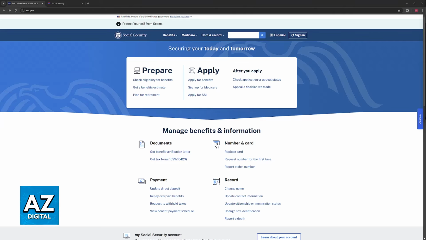Now, as you might imagine, because this contains a lot of personal information, I cannot go over this whole process on screen, but it's as simple as clicking on My Profile after you sign into this page, and you will be able to change your phone number and a lot of other information there as well.